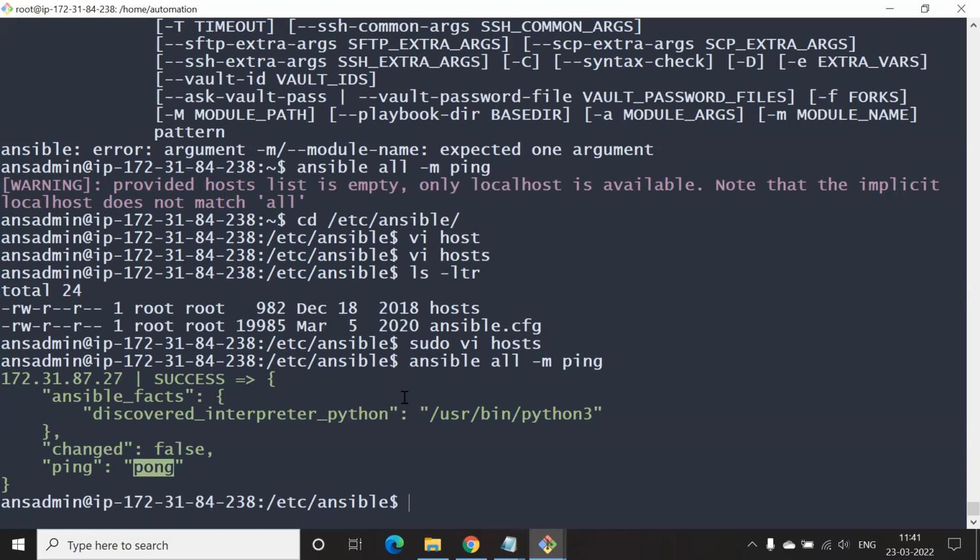So now let's see. Go ahead and paste the private IP of the second one also into the host file.